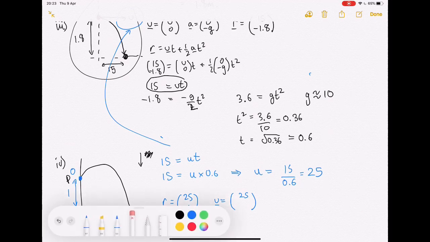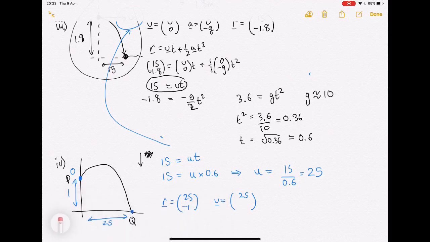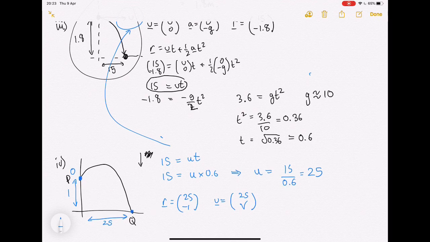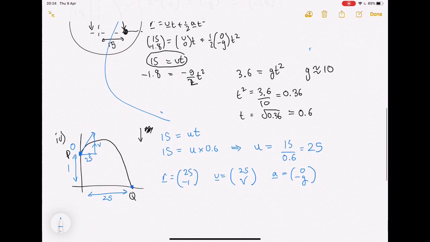And all we're saying there is at this point here we know the horizontal component is 25, the vertical component we've called v, we don't really know it. We know a, that is 0 minus g, so putting that into our